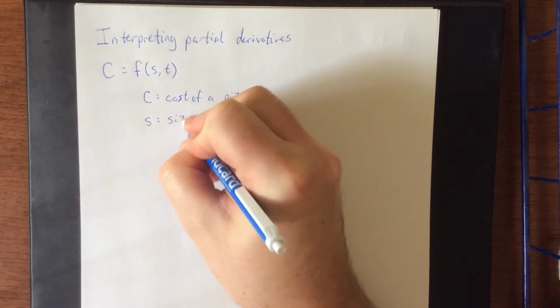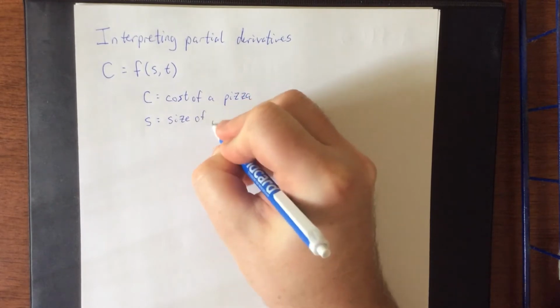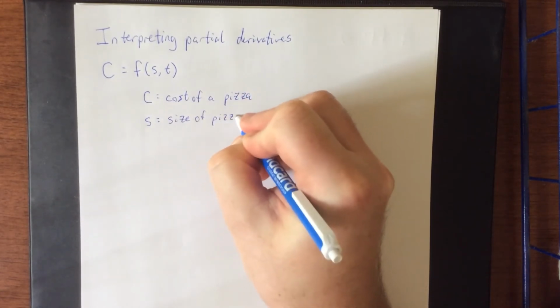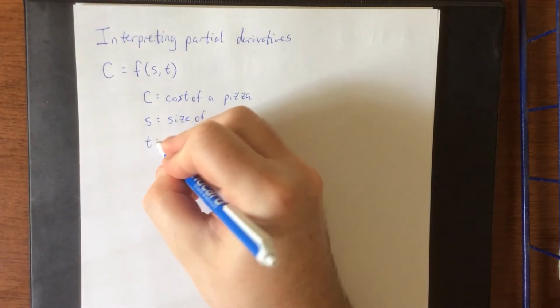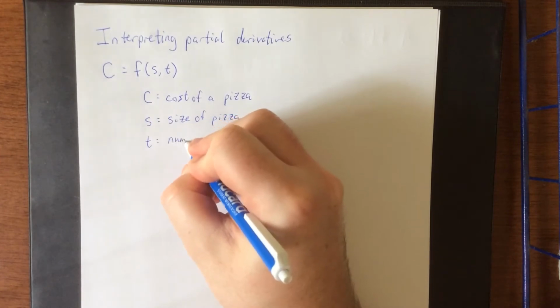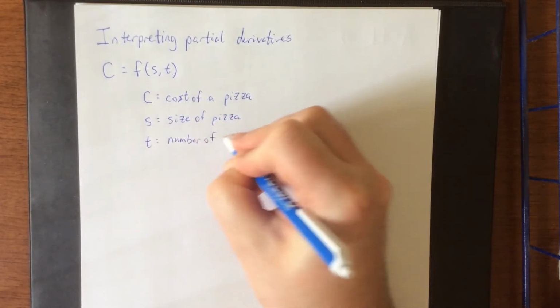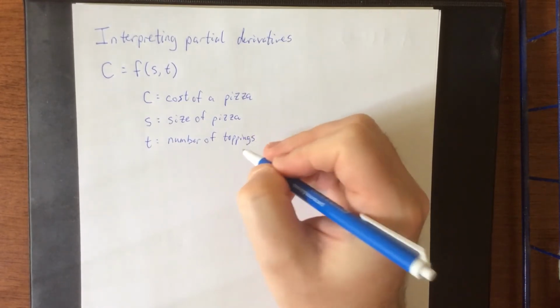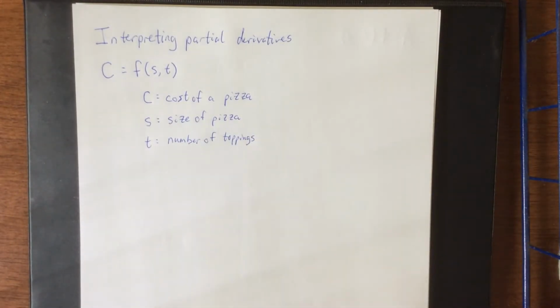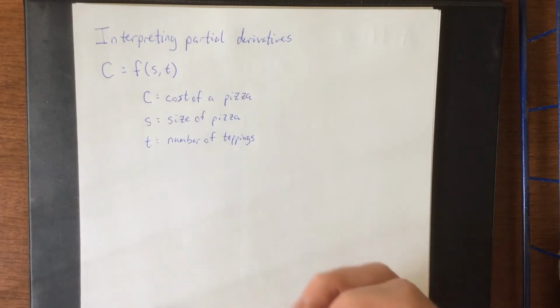S is going to represent the size of the pizza. Generally, size of a pizza is given as one measurement, the diameter of a round pizza, for example. And T will represent the number of toppings. Now, there are situations where you can talk about premium toppings like chicken or steak or feta cheese or artichoke hearts or good stuff like that. We'll just assume that that counts as multiple toppings. So if I wanted to interpret some partial derivatives,